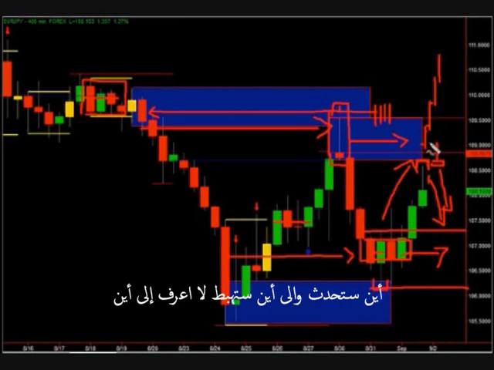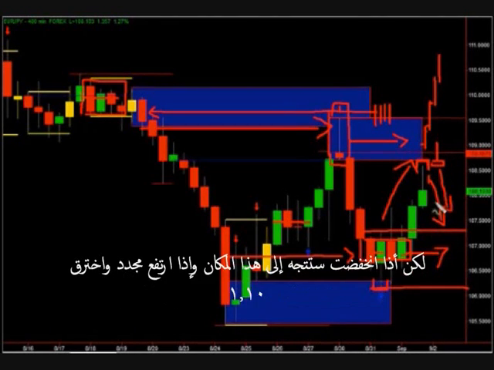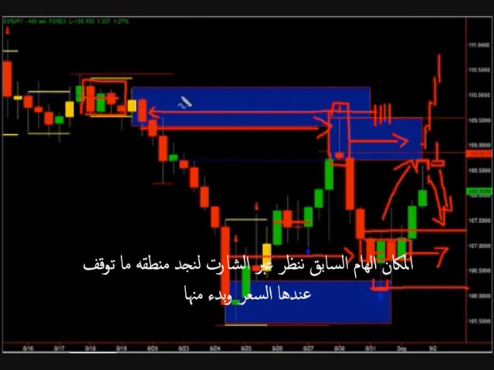Where could it get to? Well, it could go down. I don't know where it's going to go, to be honest. It could go down, but if it does go down, I'd be earmarking approximately the 107 location. If it goes up, again, if it goes up through approximately 110, the previous change in the balance of power,